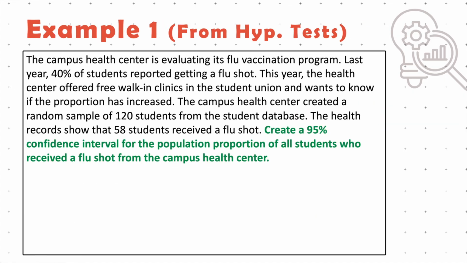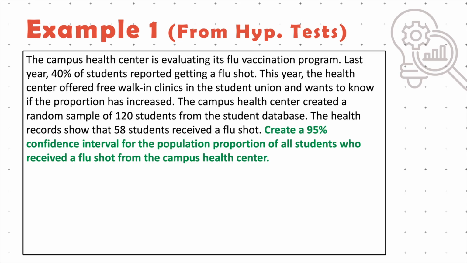We saw this example from the hypothesis test lesson. This is about that campus health center that's evaluating its flu vaccination program. We had a previous year of 40% of the students reporting getting their flu shot. And then we looked at what's happening this year. That campus health center pulled some data and saw that in a random sample of 120 students, 58 received their